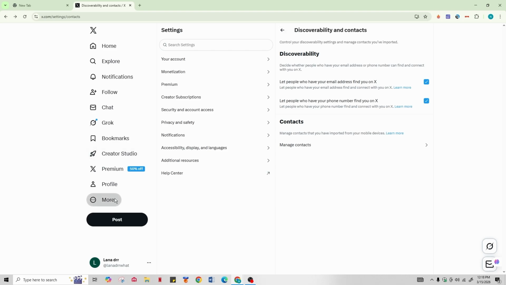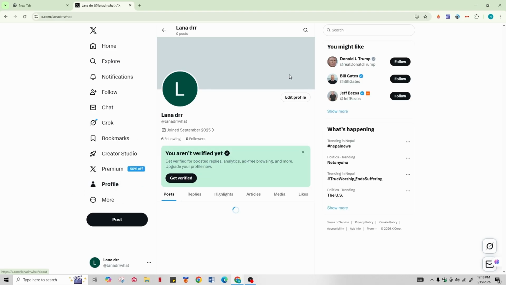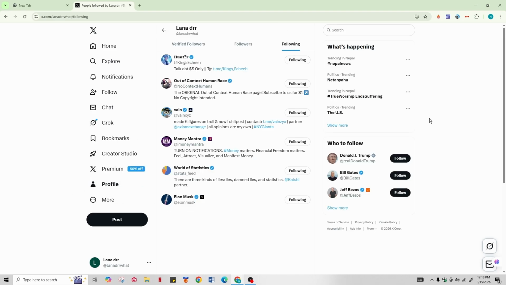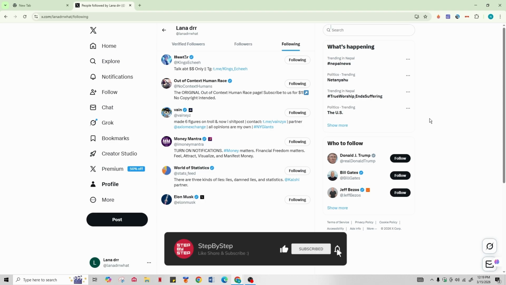And now if you go to your Profile section of your X account and tap on the plus button if you're using the phone and Get Started and Continue, Allow Permissions, X will sync your contacts and suggest accounts linked to those numbers. This only works if the phone number is saved in your contacts, the person has linked that number to their X account and they haven't disabled